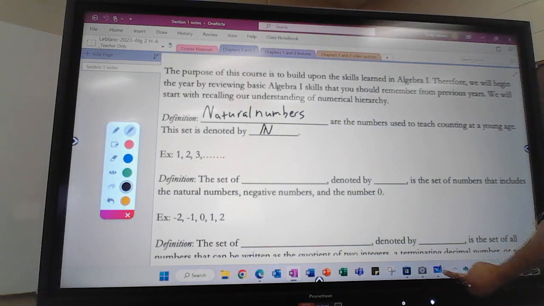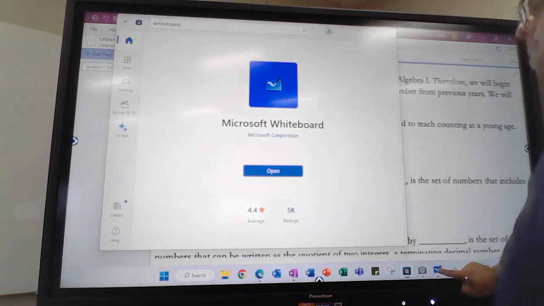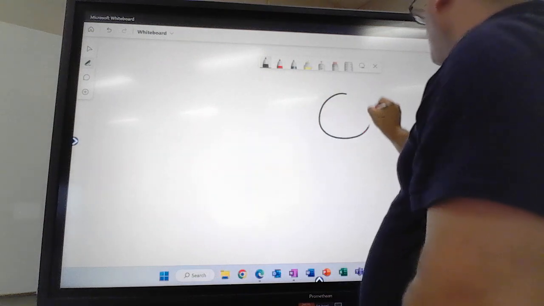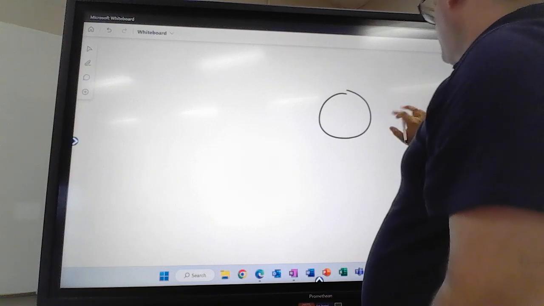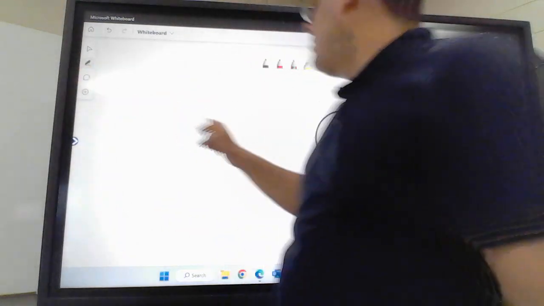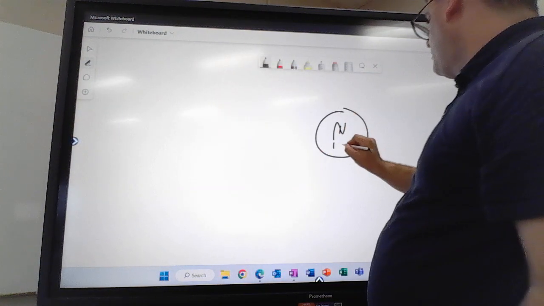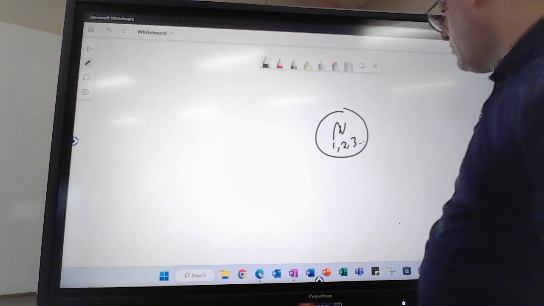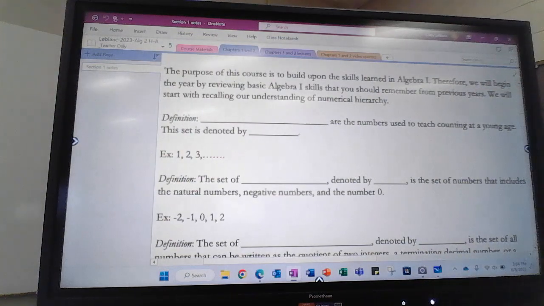So imagine, let's say here is my natural numbers. All right, so here's my natural numbers: 1, 2, 3, and so on and so forth. Okay, then when we step out of the natural numbers,